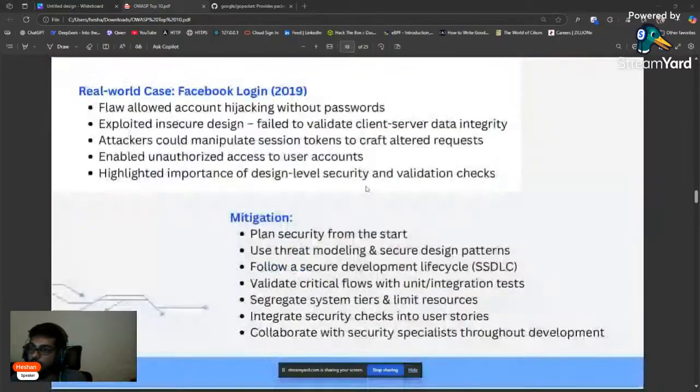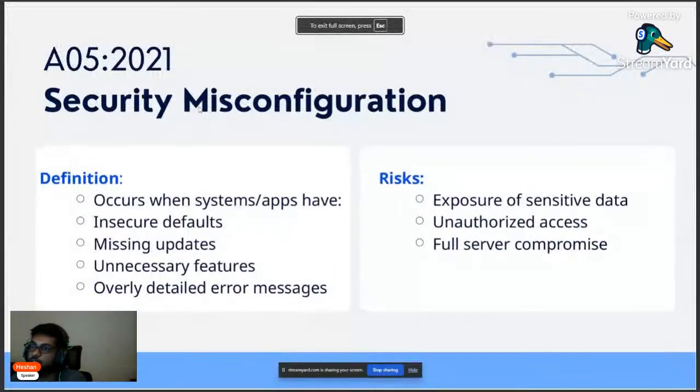Let's go to the next vulnerability, security misconfiguration. This occurs when systems or apps have insecure defaults. Imagine in most Linux machines, the username for root is root, and the password for the root account is toor. If we didn't disable that or change the password, an attacker can log into our Linux machine or server, whatever. Missing updates, unnecessary features,